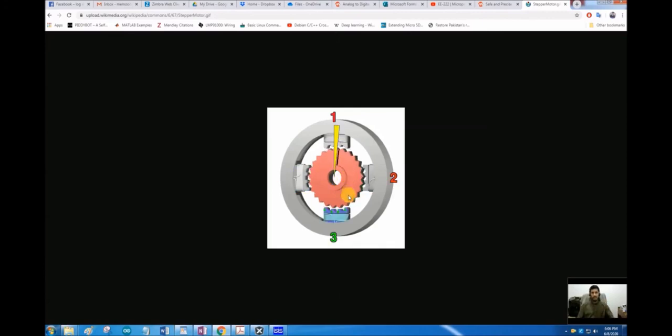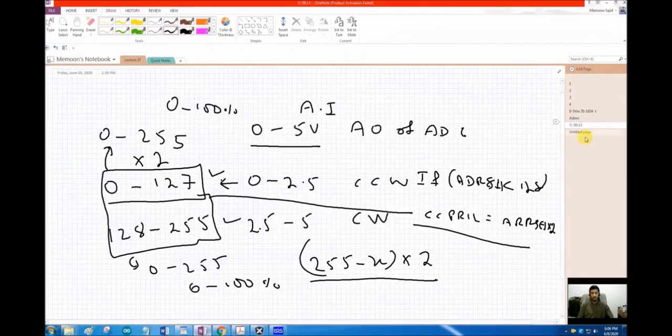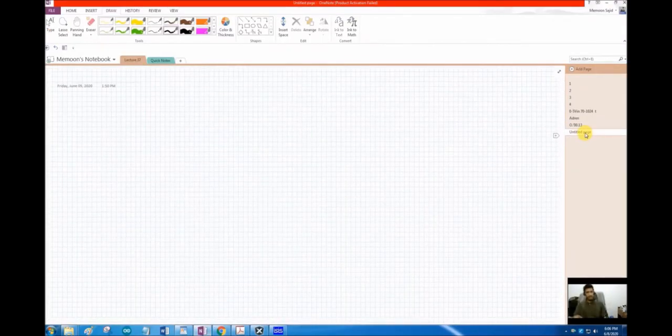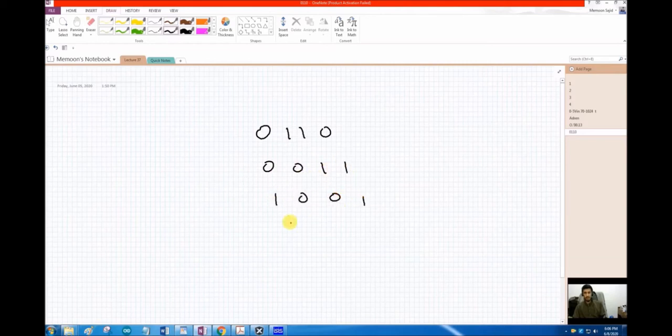And the standard code to drive this kind of stepper motor is we send signals like this to the stepper motor: 0110, 0011, 1001, 1100, and then again 0110.